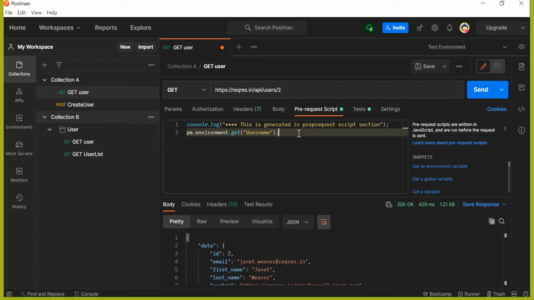Now we can do one thing: either we can add this value directly under console, or otherwise we can store this value in a particular variable and print that variable in the console log. Let me show you the first way.